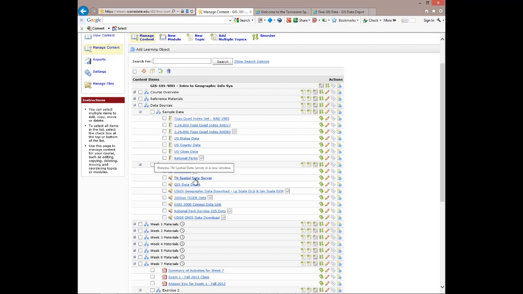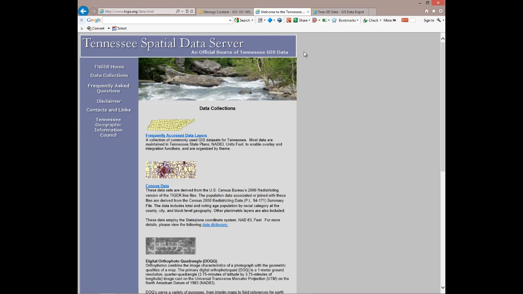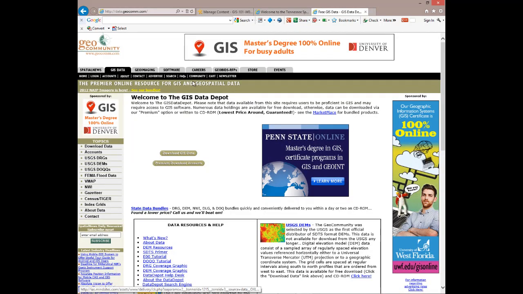Here you see Tennessee Spatial Data Server and GIS Data Depot. Some of these links I've mentioned earlier in the semester, but if you're running something like Firefox, sometimes links don't open properly in Firefox. I'm using Internet Explorer here, and they should open in this one. I've already opened the 2 sites here: the Tennessee Spatial Data Server, which has the local data for Tennessee, and the GIS Data Depot site,